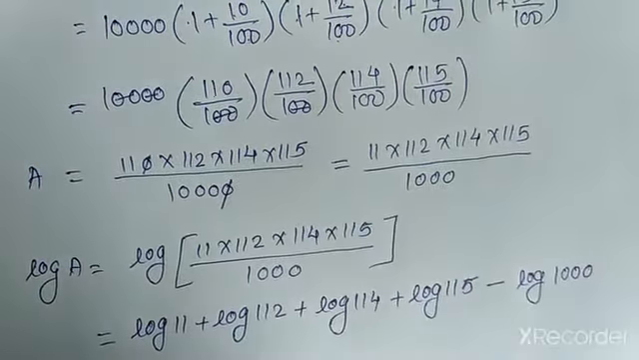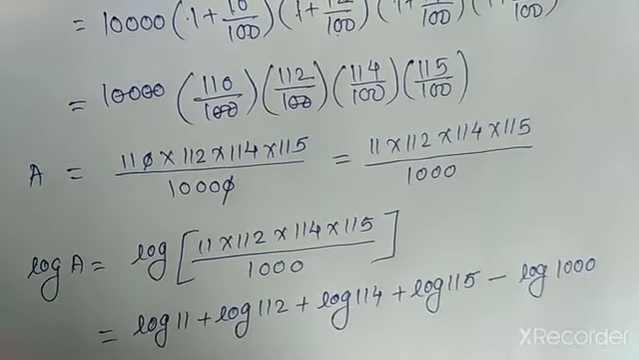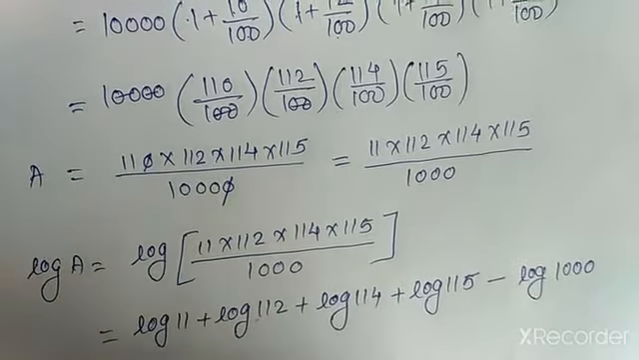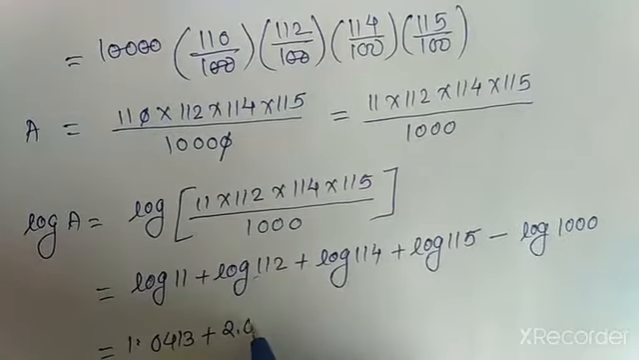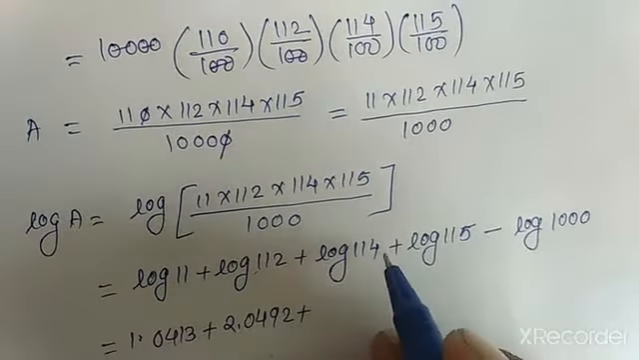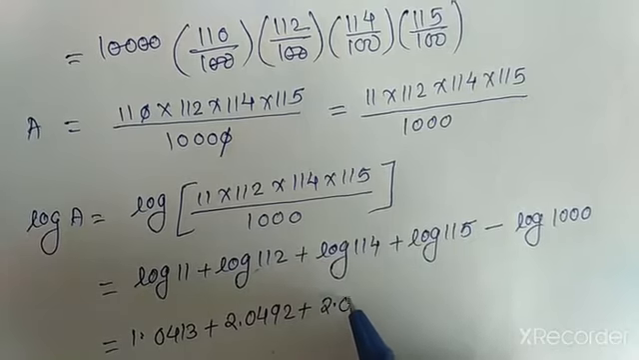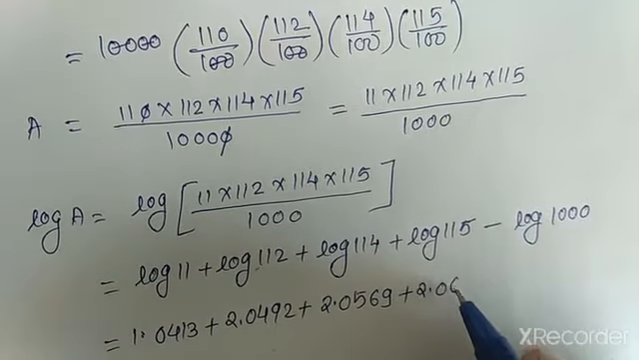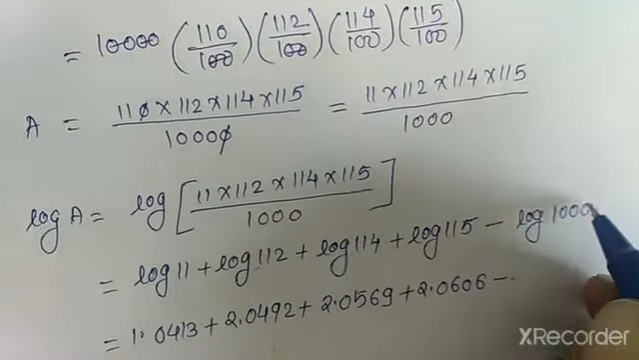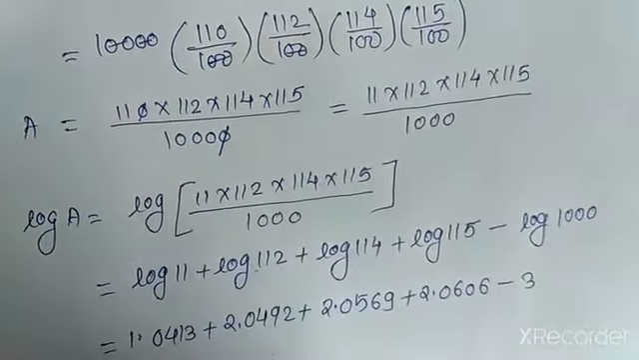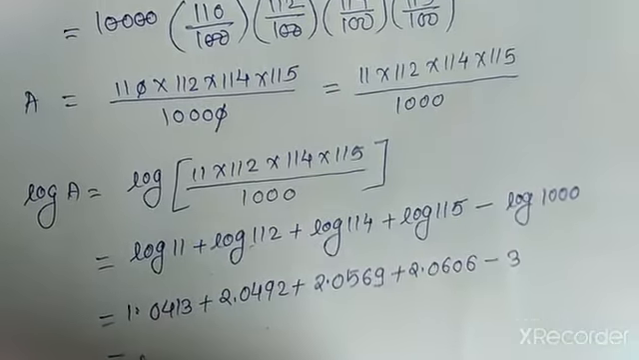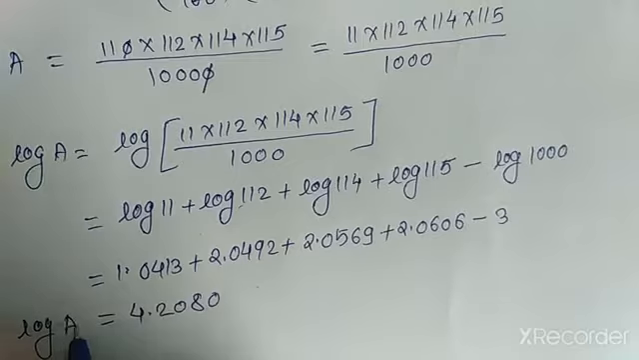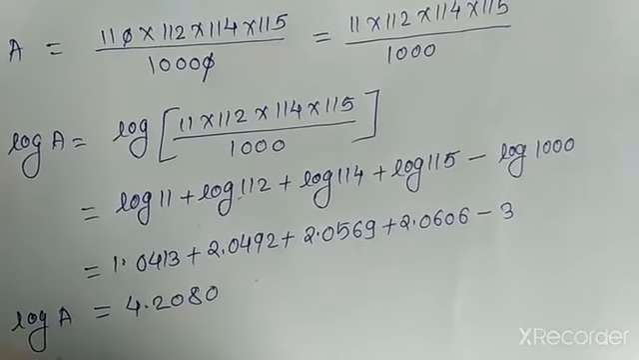So its calculation: log of 11 is 1.0413, log of 112 is 2.0492, plus log of 114 is 2.0569, log of 115 is 2.0606, minus log of 1000 is 3. So the overall calculation will be 4.2080. Log of A is equal to 4.2080, now A is equal to anti-log of